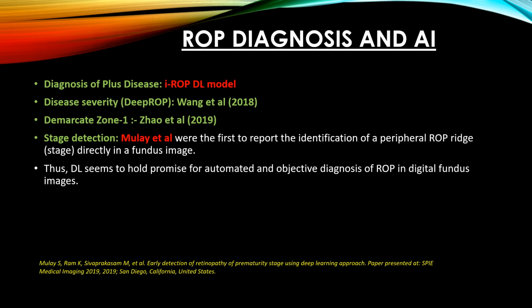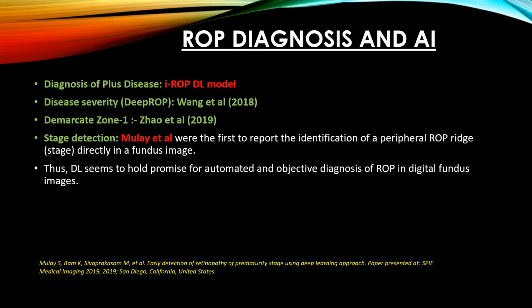ROP diagnosis and AI. So here I've just enlisted a few models that have been used, like for diagnosis of plus disease, as I had already discussed in detail, the IROP-DL model, disease severity DPROP, which has been brought out by Wang et al. To demarcate zone 1, a model was brought by Zhao et al. And stage detection, Moulet et al., they were the first to report the identification of a peripheral ROP ridge directly